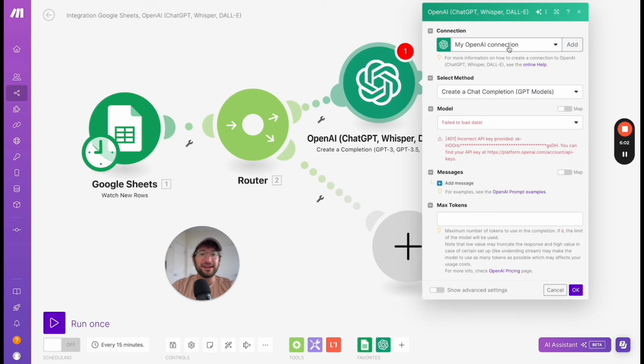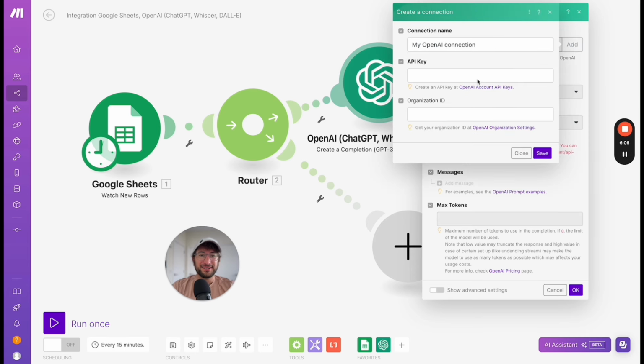And we need to add an OpenAI connection. So I'm going to go ahead and add my OpenAI connection. To do this, you're going to click Add, and then you need to go into OpenAI, create an account, and then I'm going to show you how to get an API key. So this is not going through ChatGPT directly. This is going through OpenAI's developer side. So creating a developer account on OpenAI on their platform. So we can go to